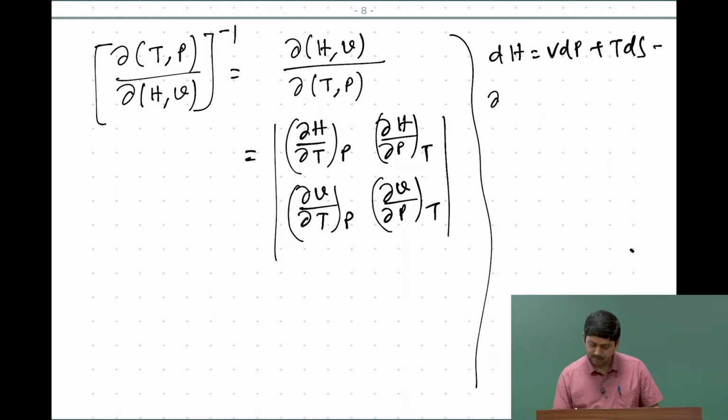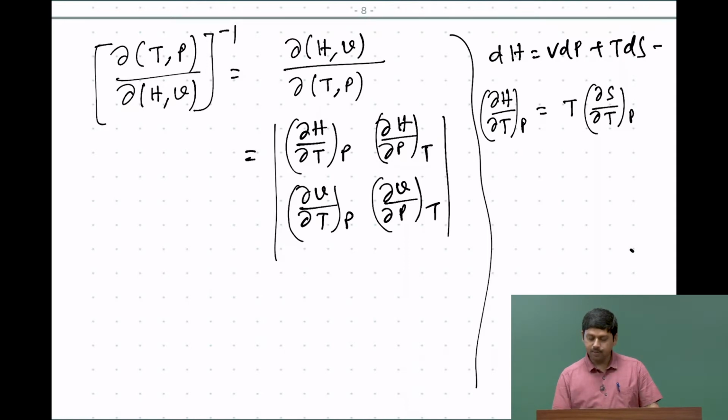Let us take a derivative with respect to T at a constant P. Once we do that, the first term becomes 0, because it is at a constant P. The second one gives us T del S by del T at a constant P, which is nothing but C P. So, the first term is C P. Now, let us take a derivative with respect to P. So, del H by del P